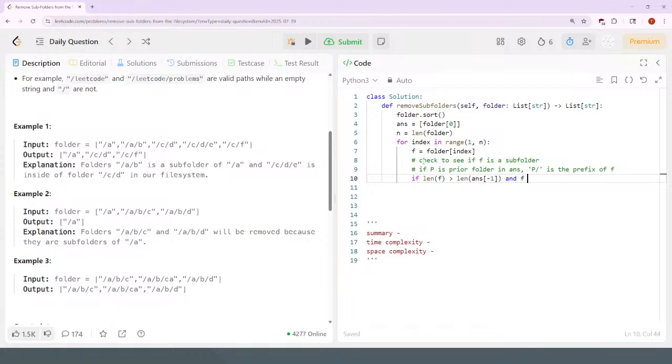I could do something kind of brute force, like answer prior folder is equal to f at